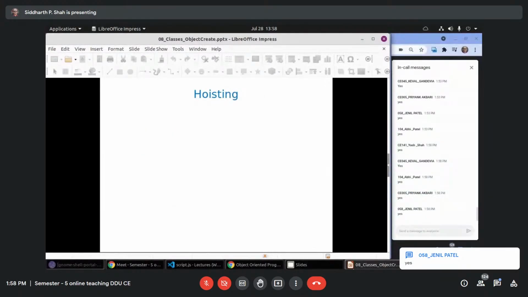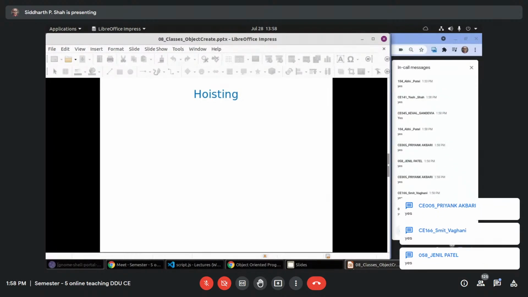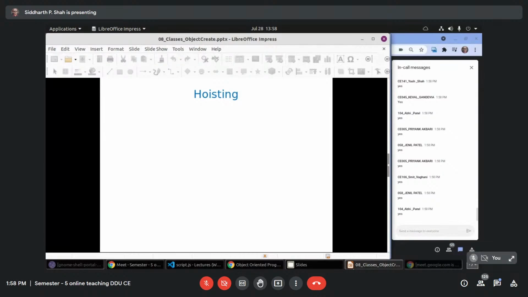Then, we discussed hoisting, function hoisting and variable hoisting. Do you remember what it means? Can we use functions or variables before we define them? If you use function declaration, then it is allowed. You can use that function before you declare it.